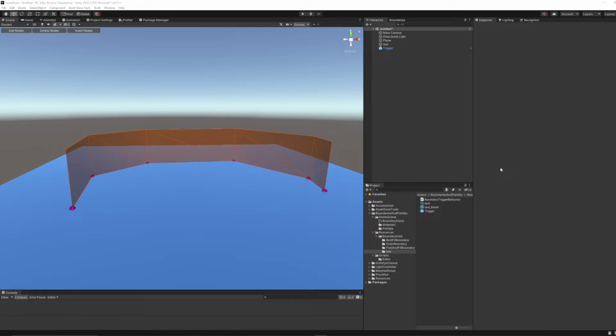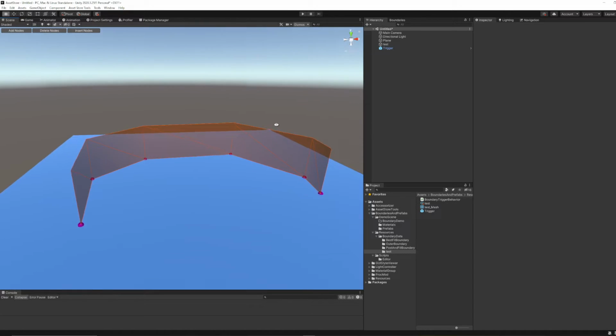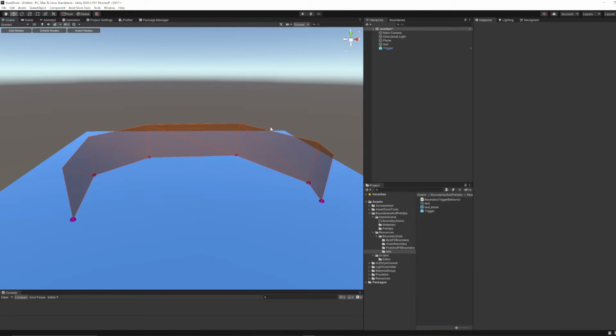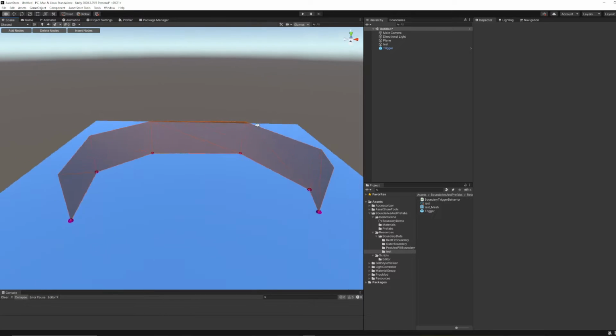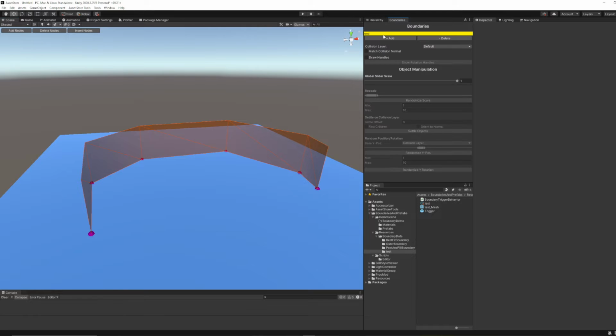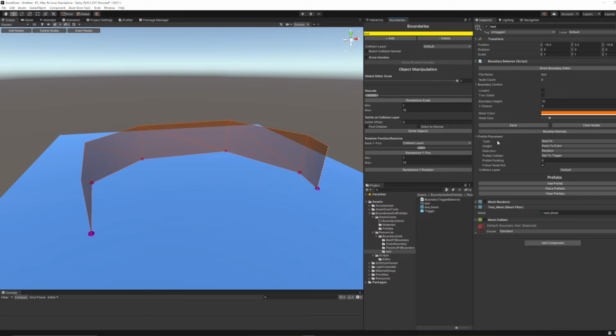Hi there. In this video we're going to use the Boundaries and Prefabs tool to create a concave boundary that has triggers. This is a limitation of Unity where you can't have a mesh collider that is concave and also have triggers. Normally you would just have a series of box colliders or other primitive colliders that are set as triggers. The boundary and prefab tool does have the ability to place prefabs along the boundary already,